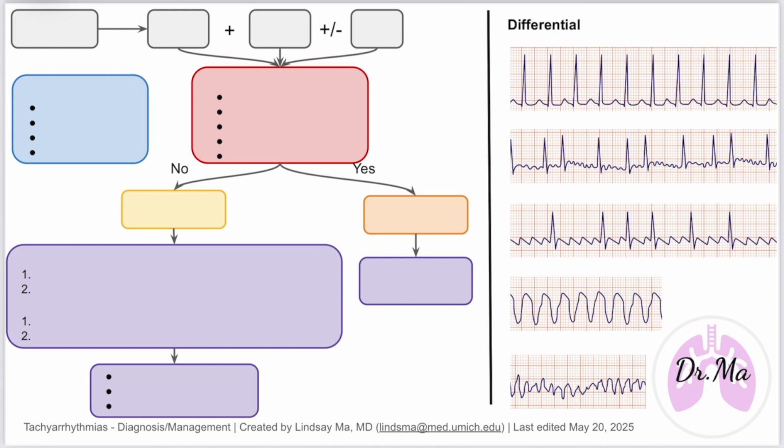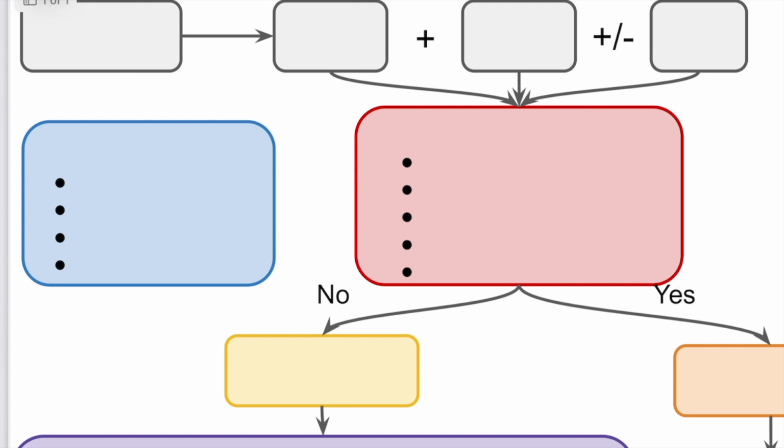Today we'll be covering tachyarrhythmias, which is when the heart is beating too fast and abnormally. The target audience for this talk today is clerkship level medical students, so let's see what we can learn today. To start, at what level of tachycardia are we concerned? Typically, we get concerned when the heart rate is greater than 150.